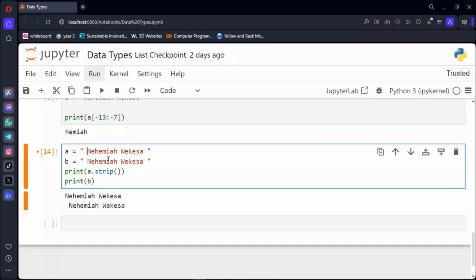Like for example, let's say you wanted to replace, for example, Nehemiah with something else, then you can just use the replace method. Replace, replace, and then although I think at one point we talk about the regular expressions, but